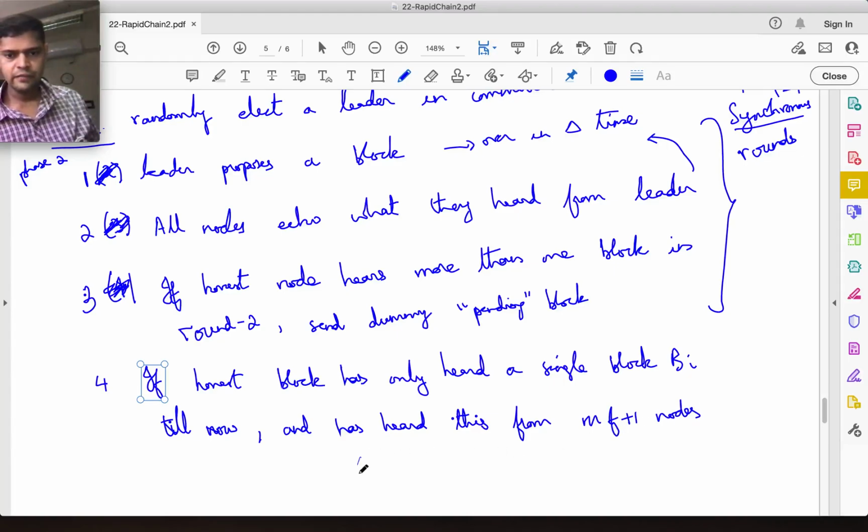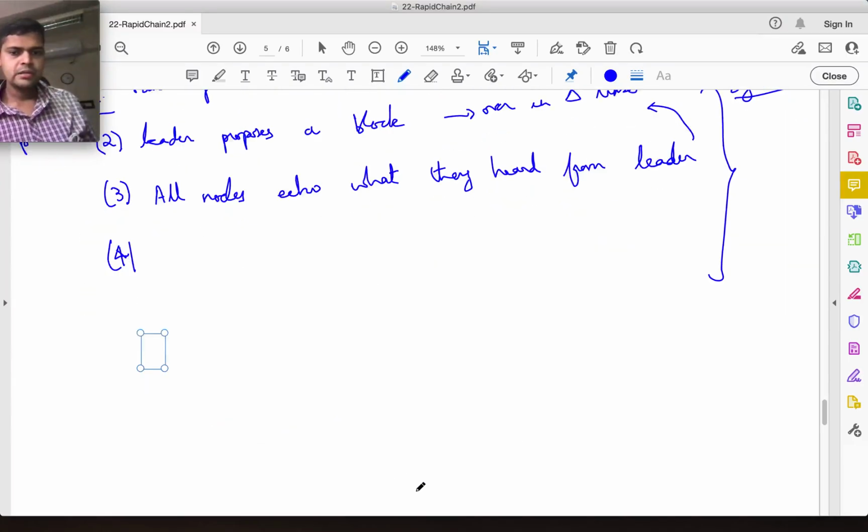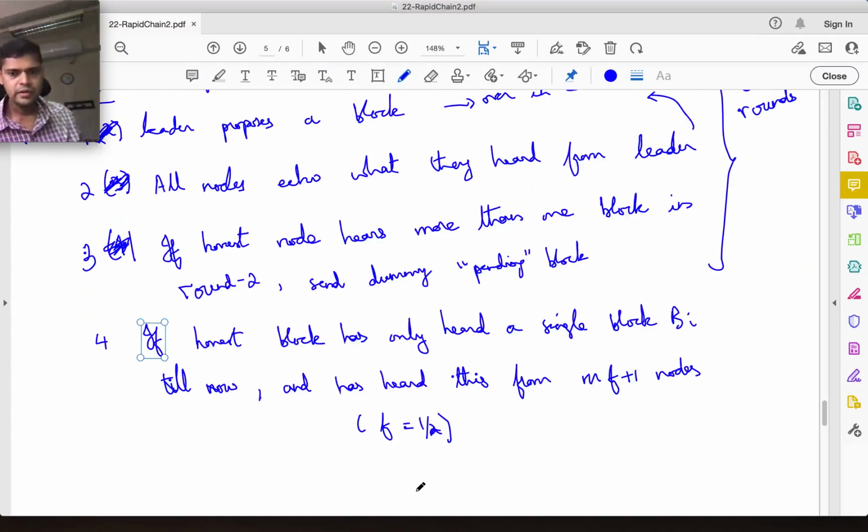So what is f? So f is equal to half. Here you can allow up to half Byzantine nodes. Okay, so at least half of the nodes you have heard from, and